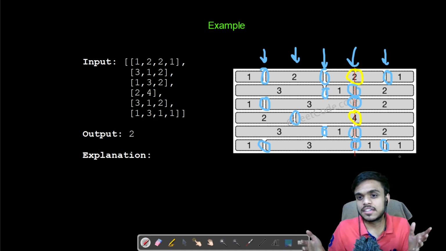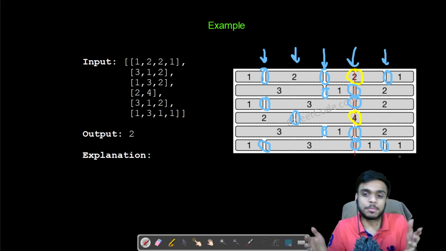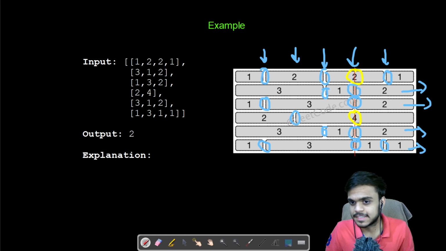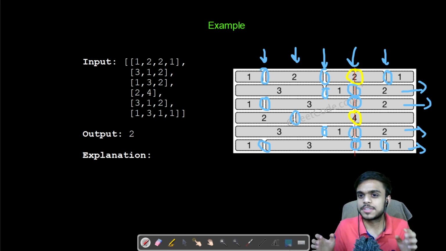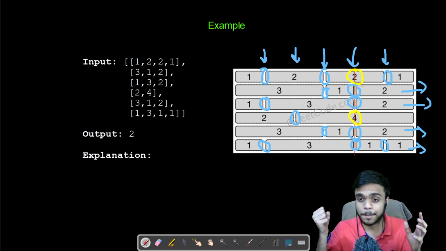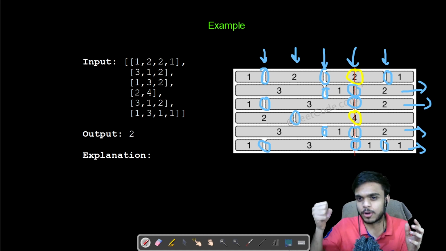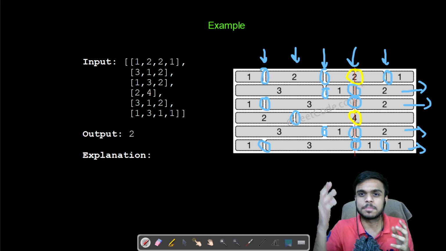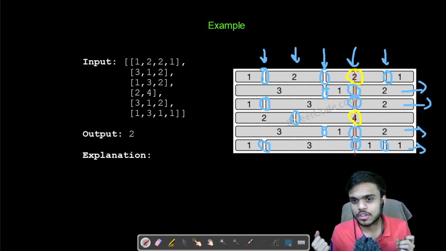And while returning we could directly do number of rows minus the number of edges, because if you take a look at this, we have edges passing through the red line, and we have 6 rows, 6 layers, whatever. So if we subtract the number of edges passing through that line from the number of rows, that will give us the minimum number of crossings through the bricks.